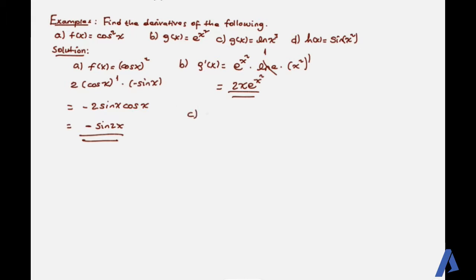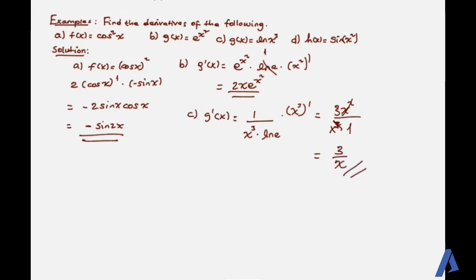ከዛ ለc ደግሞ g'(x) ናቹራል ሎጋሪትም ነው። ስለዚህ ሎጋሪትም ሩል እንጠቀማለን 1 over x³ multiplied by ln e times the derivative of x³. This is equal to 3x² over x³ times 1. ይሄ x ይሆናል x² ትጠፋለች, this is equal to 3 over x ማለት ነው።